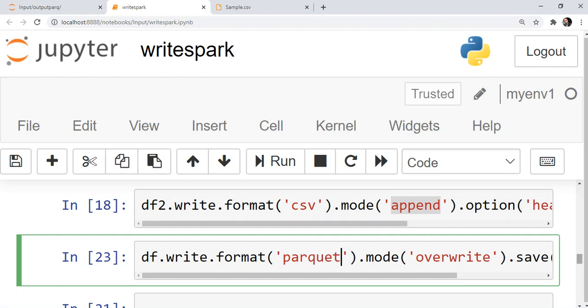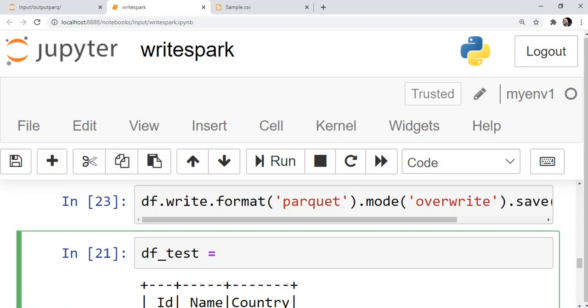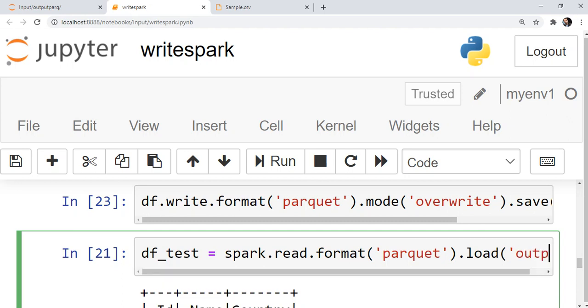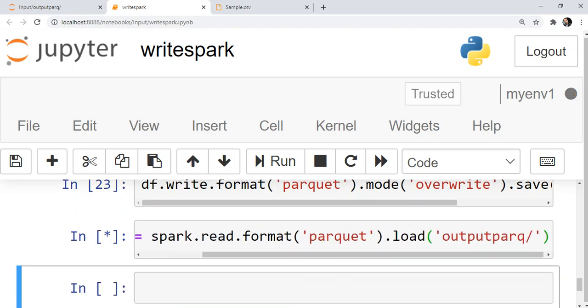Okay, so it will overwrite the existing records, and now you can verify whether this particular parquet file is written properly. We can just use read.format parquet, right? Load output park. See,